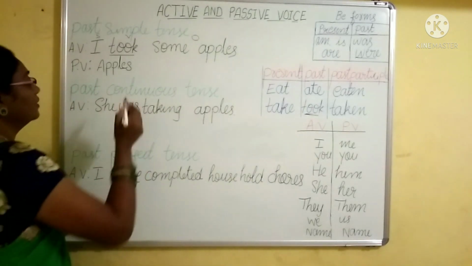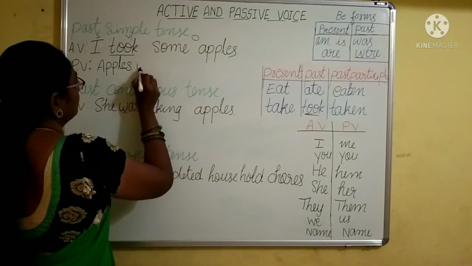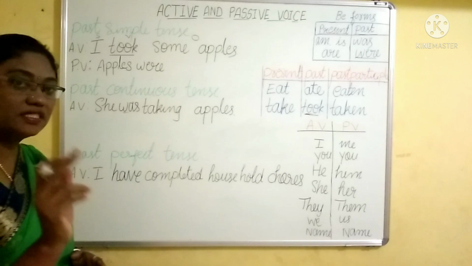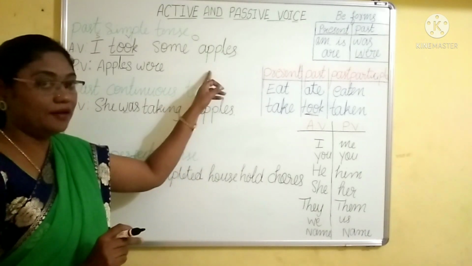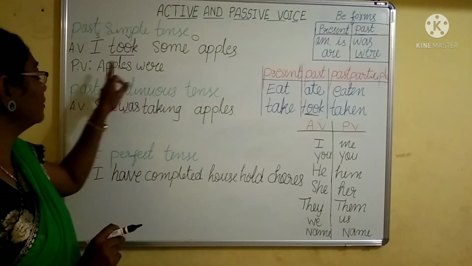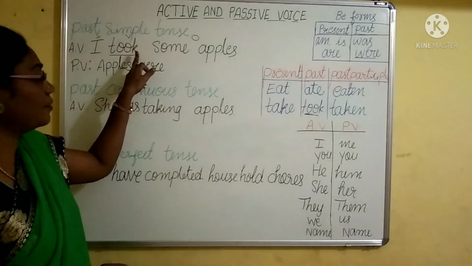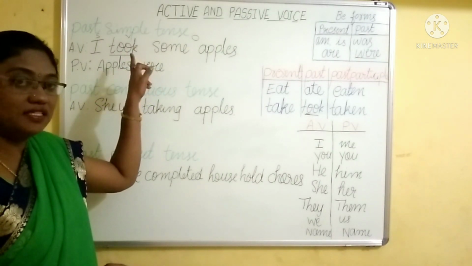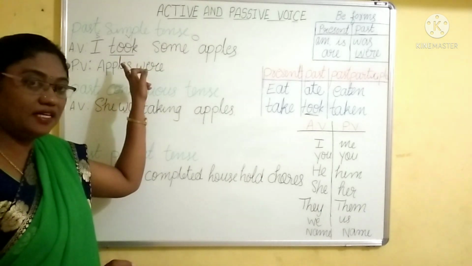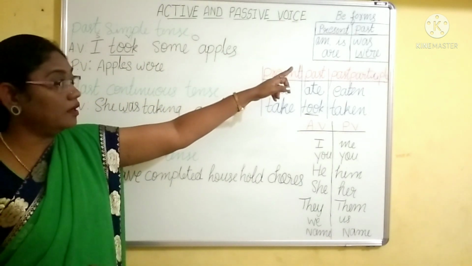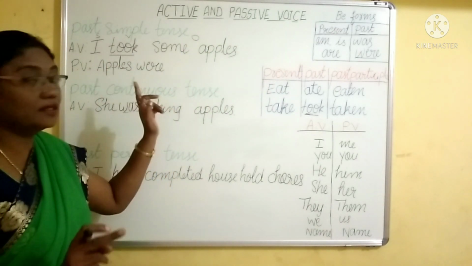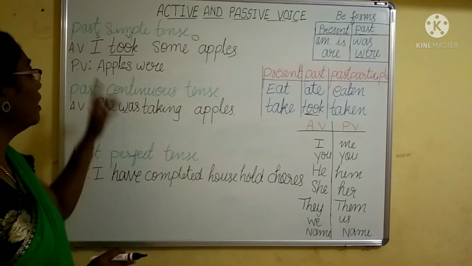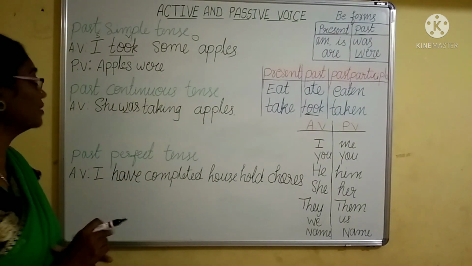Were is the relevant be form here. So I have to write were. Apples were. So the second step is over. First step, bringing the object into the place of the subject. Second step, identifying the verb and making sure whether it is in present or past. If it is in present, select from the present be forms. If it is in past tense, select from the past be forms. So we have selected were here. Next, what comes after apples were? The third step is